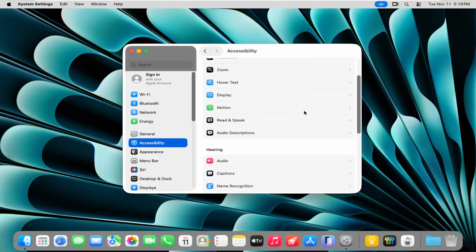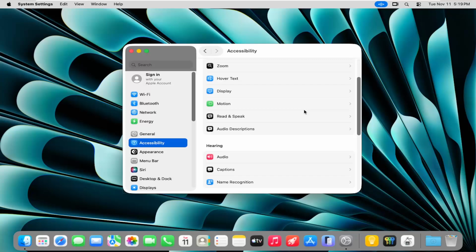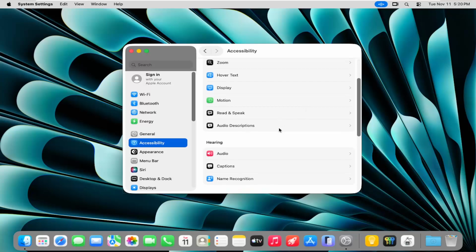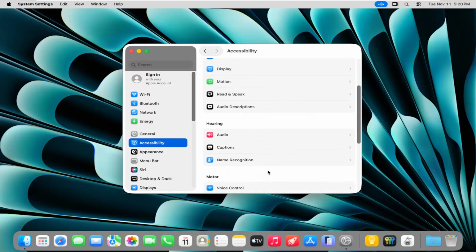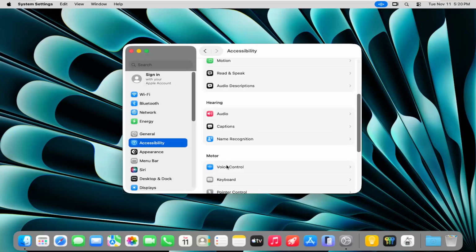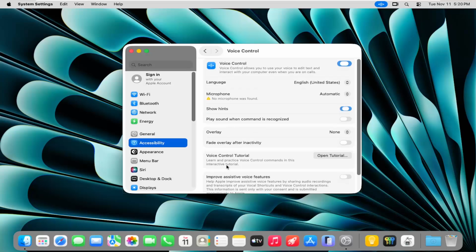So it's going to be underneath hearing, and it's going to be a little bit past that. I think it's under the motor section. Just want to go ahead and select voice control from this list, and then just toggle this top option off to disable voice control. And it might just take a moment to fully disable it, and that's all you have